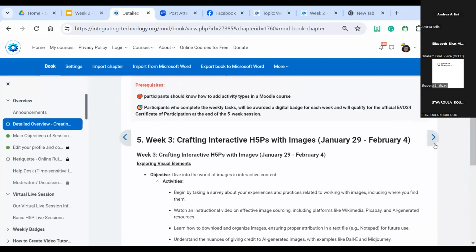Once you go through the pages and go back to the overview, you will see that this activity is marked as done.